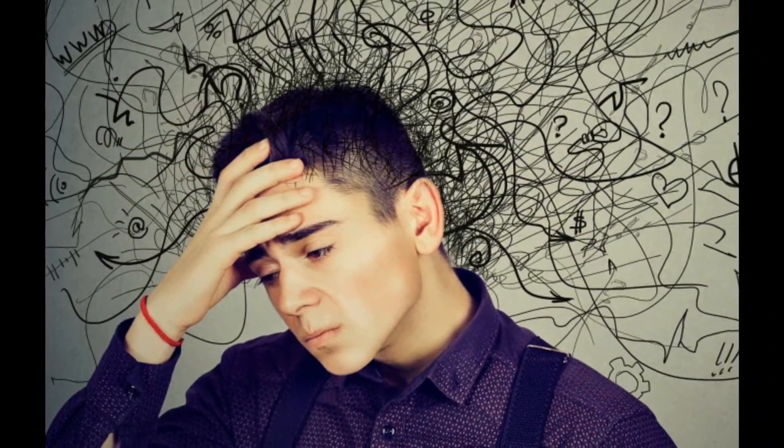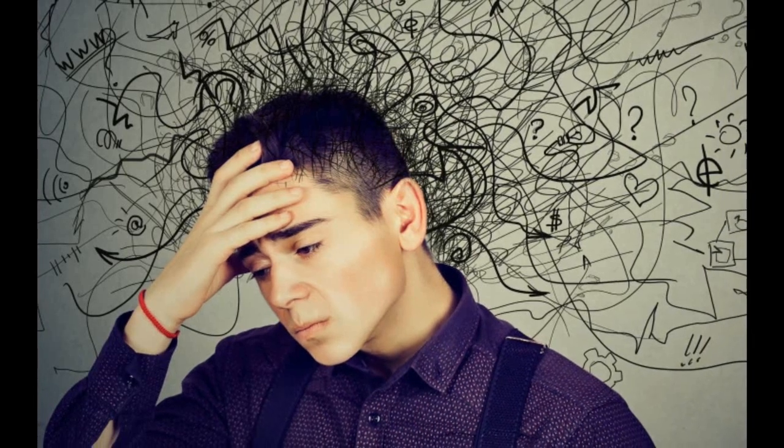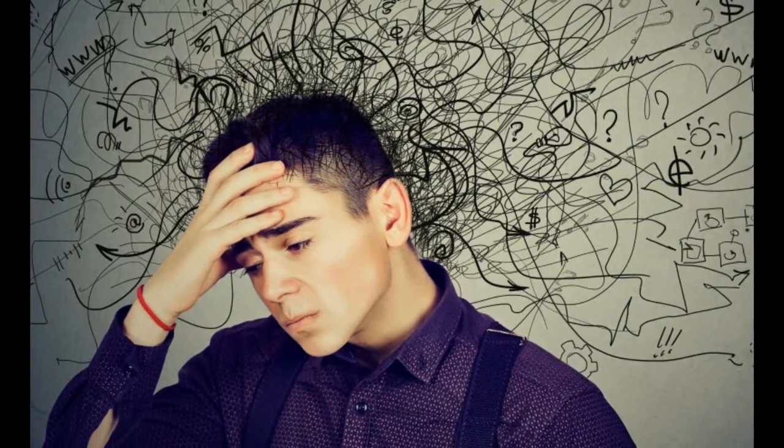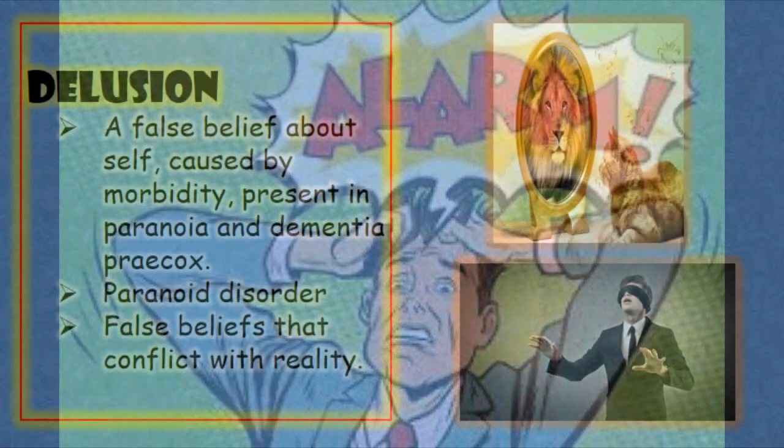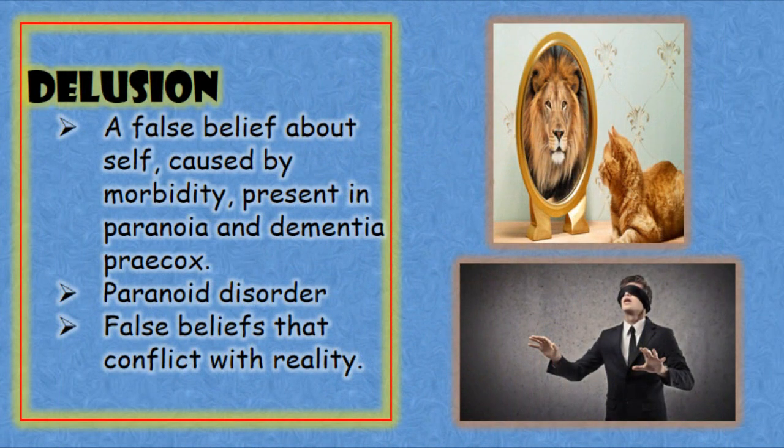So, sobrang pagiging matatakotin or maalalahanin. So, somewhat negative thinker as we have said a while ago. Okay, so another one, it is a false belief that conflicts with reality. So dito rin, parang iniisip niya lagi na siya ay walang kwenta. Okay, sa sarili niya, iniisip niya wala siyang kwenta. Or sa isip niya, walang nagmamahal, parang ganoon. But actually, merong nagmamahal sa kanya. Okay, so he is experiencing delusion. Okay, so that is the so-called delusion.